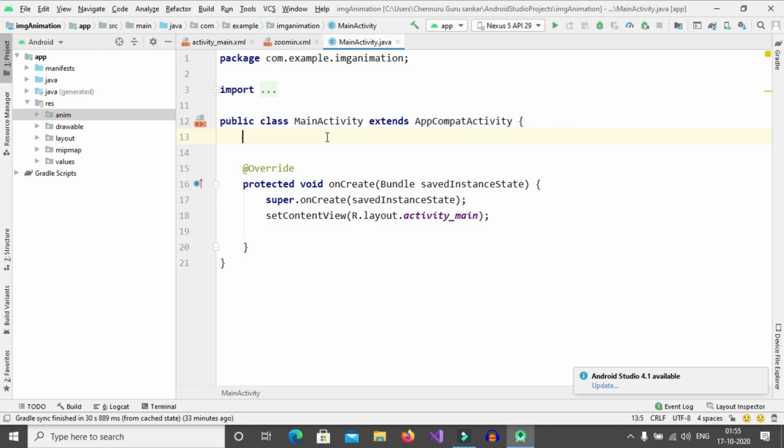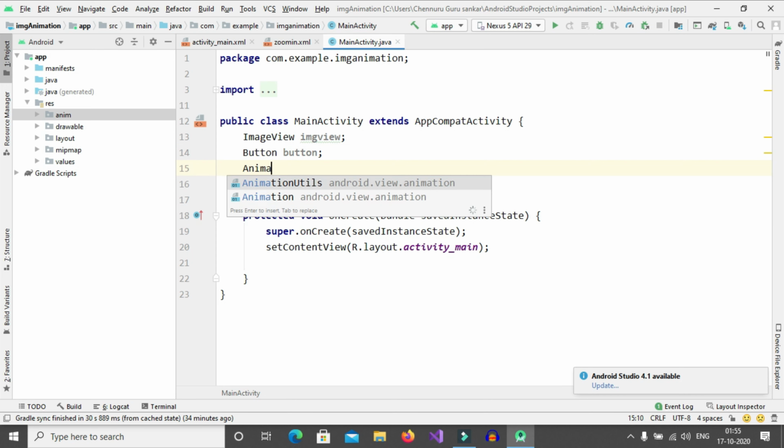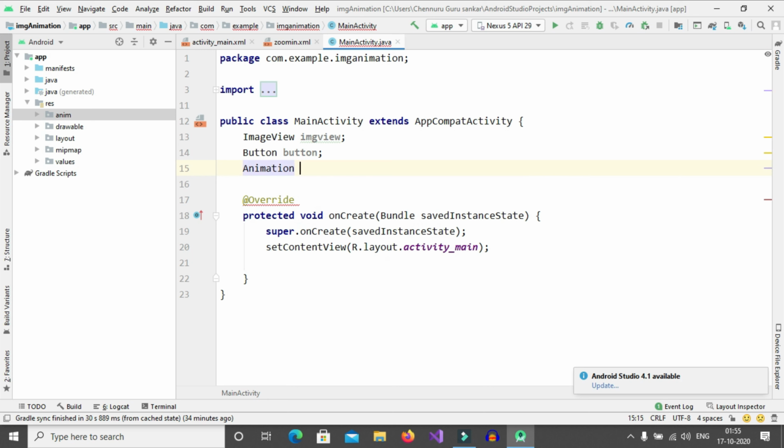Here we need to declare our image view, semicolon, then button, semicolon, and animation, then semicolon.